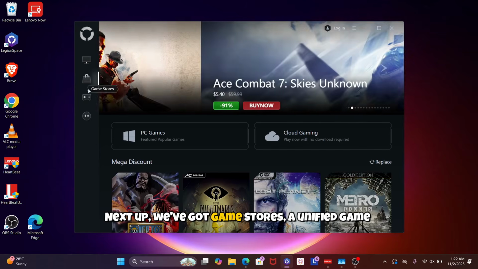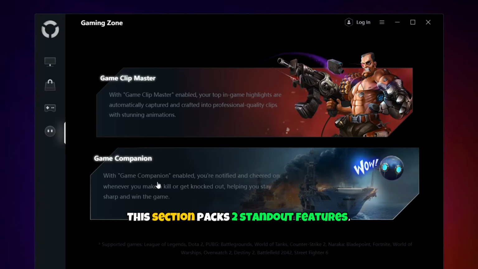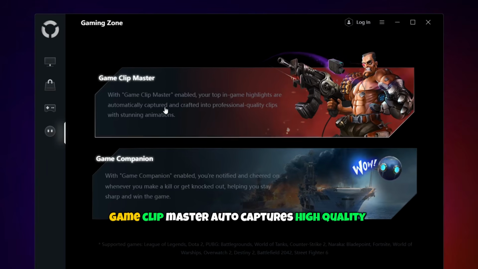Next up, we've got game stores, a unified game hub to browse and buy games across platforms: Steam, Epic, Xbox, you name it. And game library automatically catalogs all the installed games on your system. Think of it as your personal vault, organized, searchable, and launch ready. Gaming zone. This section packs two standout features: Game Clip Master